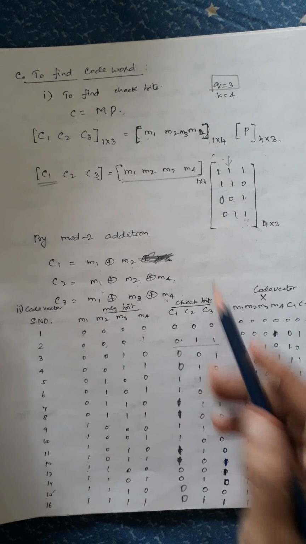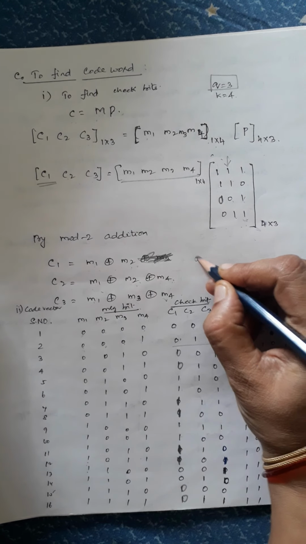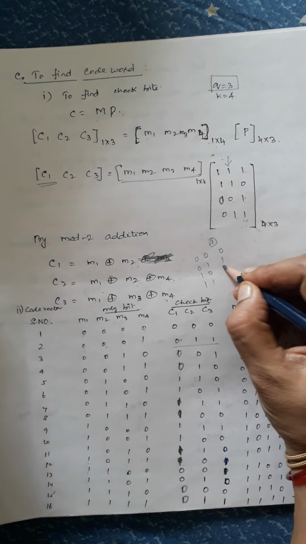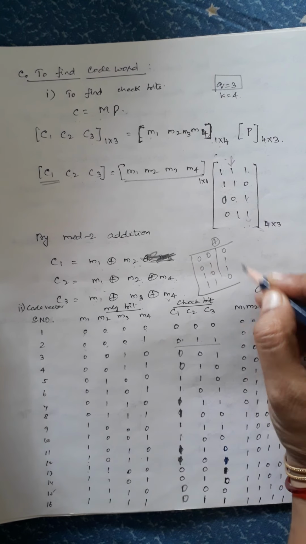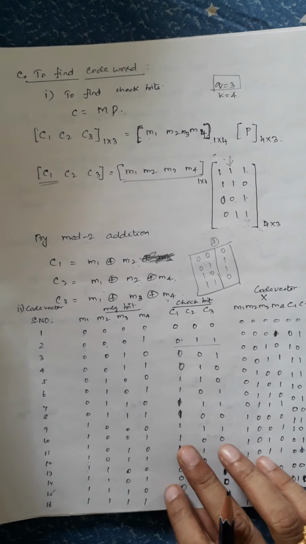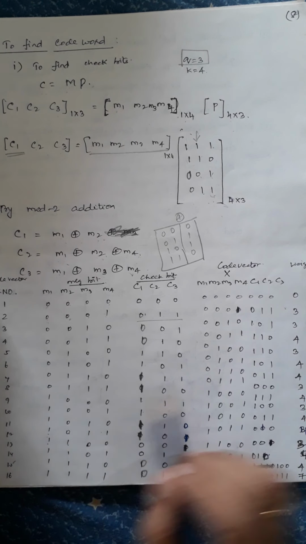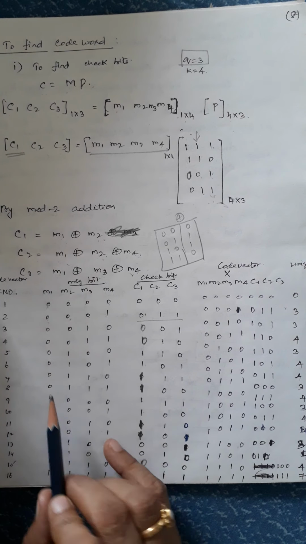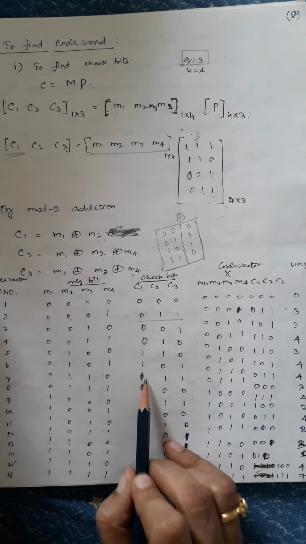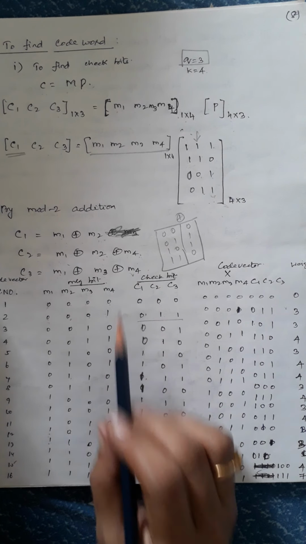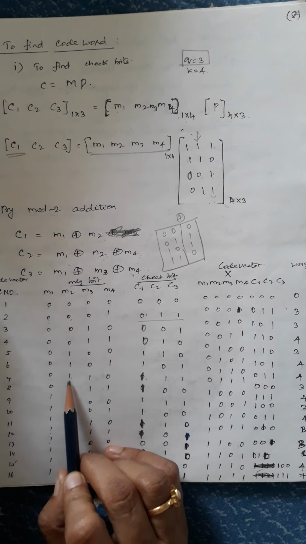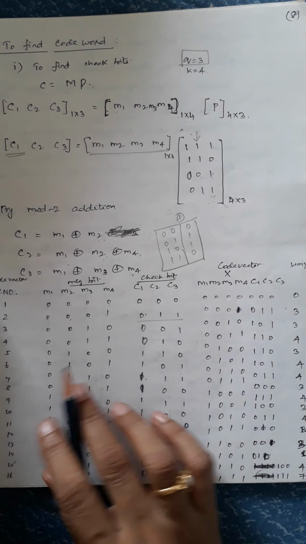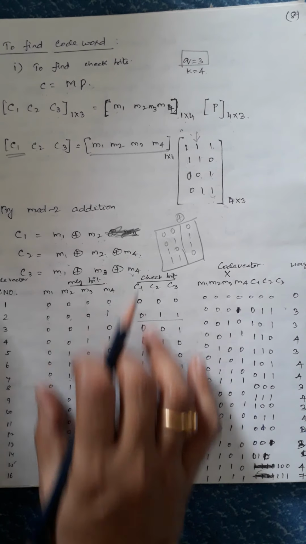Before trying to get the code vector, you just write the XOR truth table. So, XORing is 0, 1, 1, 0. If you know this well, you can easily form the code vector. So, we will see here the code vector. First is M1 and M2: 0 and 1, 0 XOR 1 is 1. Next is M1, M2 and M4: 0, 1 is 1 and 1, 0 is 1. So, this is how you form the code vector for the given message bits.